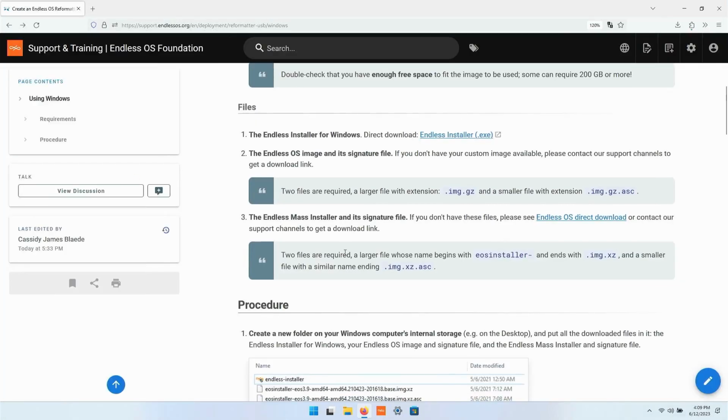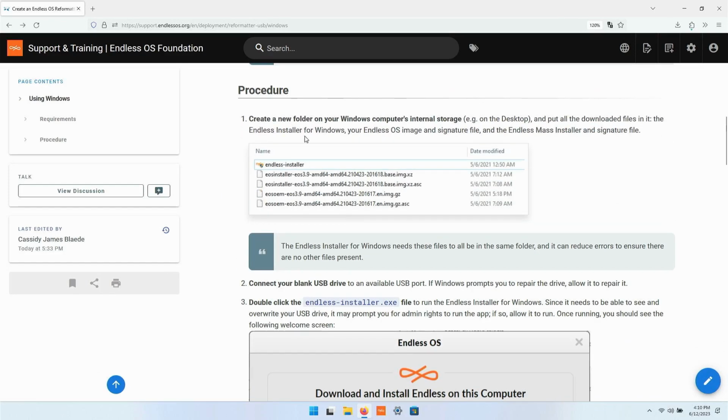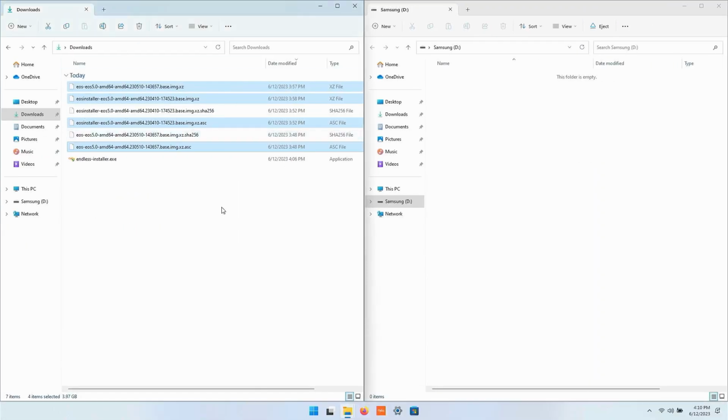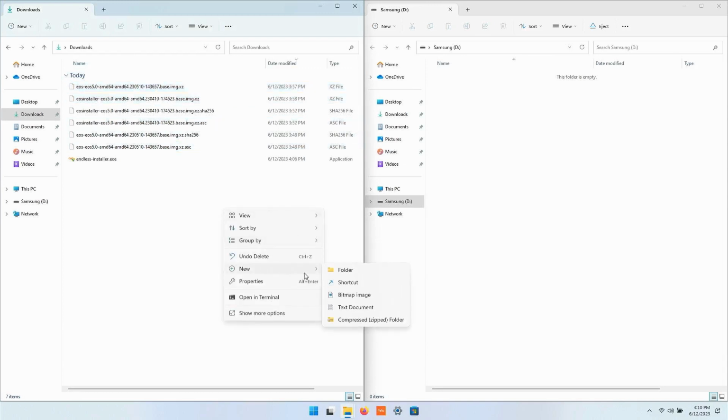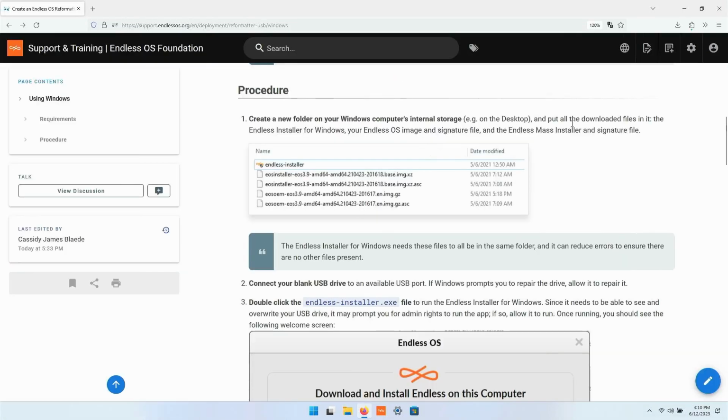Moving on, once you have those downloaded to your computer, you can actually start preparing your drive. So we always recommend creating a new folder. This just helps you keep organized. I went ahead and actually deleted all my other files in my downloads before downloading these, so I'm just using my downloads folder. But to keep things organized, you could create a new folder and call it something like Endless OS, and then your custom image name. And then we recommend actually just putting all of those files in it. So they're all in one folder, nice and organized.